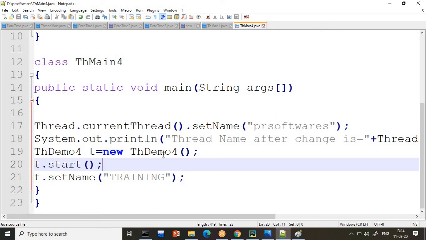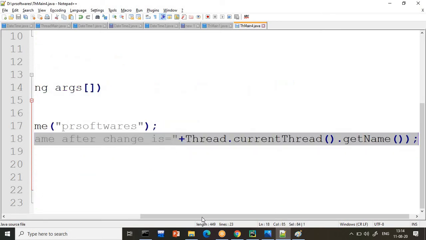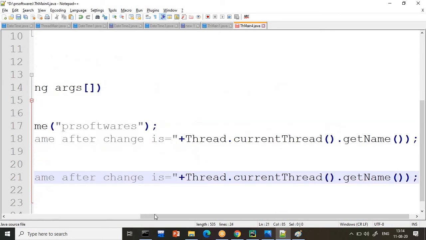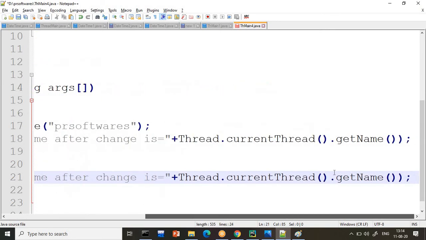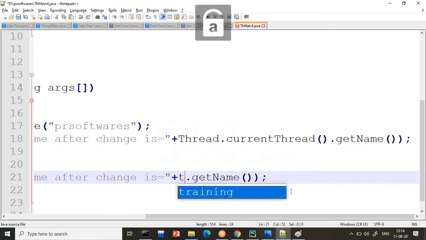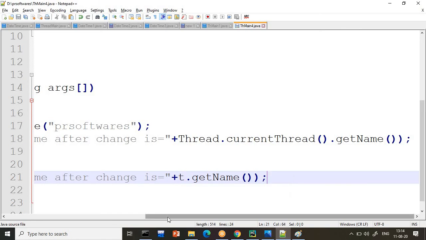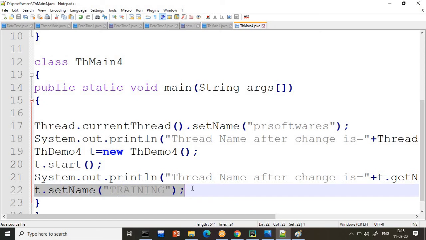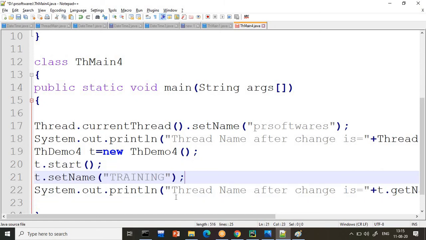Some people will get a confusion that sir you are not using currentThread for that getName. You can use it. For current thread we have to write currentThread. Otherwise if you know directly the name of the variable there, nothing but t dot getName, you can directly write t dot getName. Okay, so we have to set first and then get. So I will first set the name and then I will get it.